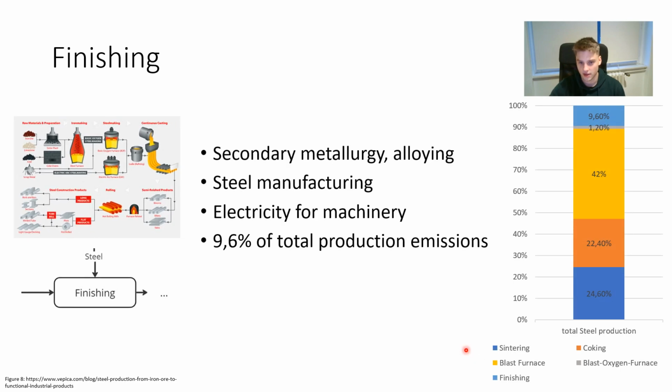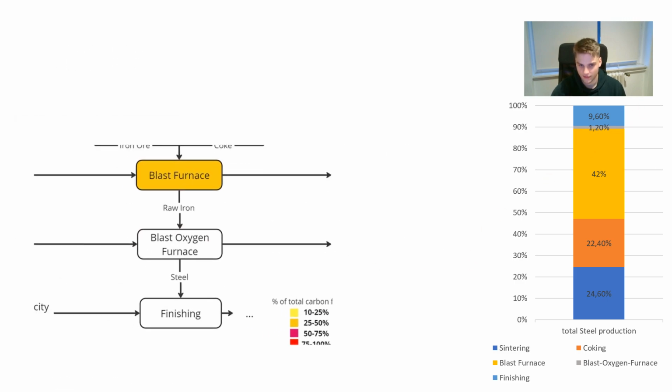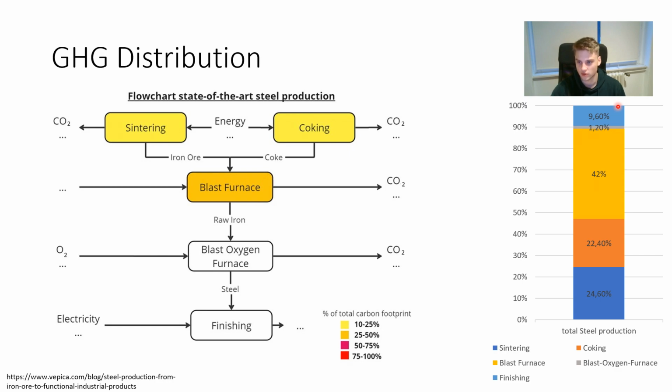So finishing is the secondary metallurgy and the alloying, the manufacturing of the steel, where the electricity for the machinery is responsible for most of the carbon emissions during finishing, which make up around 9.6% of the total production emissions of steel. We now have the distribution and also the explanation of greenhouse gases in the steel production, shown here and here. And with that knowledge, we can have a look